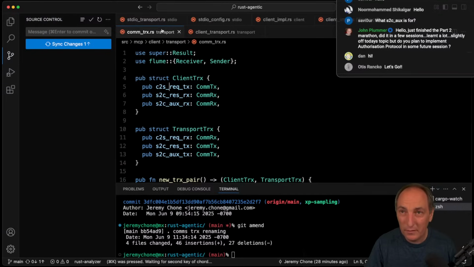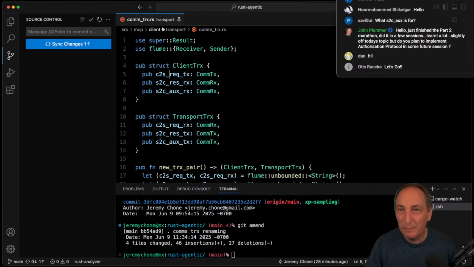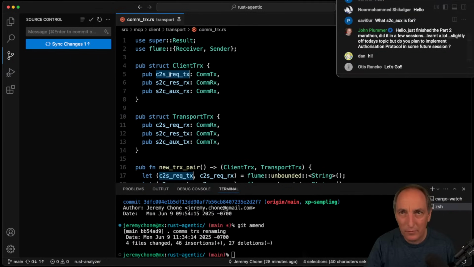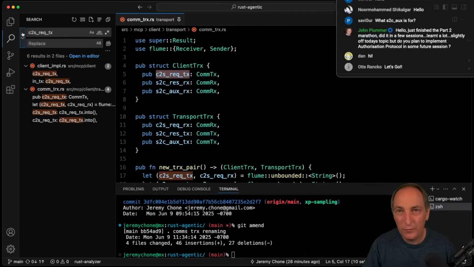So I do command shift enter to pin it. And then this one I'm not going to do, because remember we changed the name as well, and I don't want to do that. So I'm going to do, and this one is unique enough, a search and replace. Checking that. I'm going to do command F, and that is going to search and replace everything. And I'm going to do a C2S